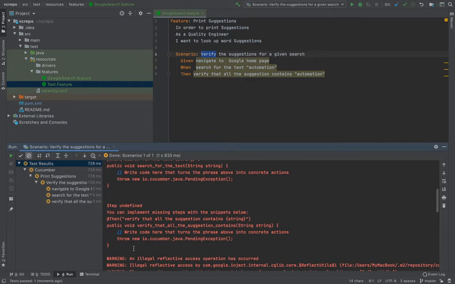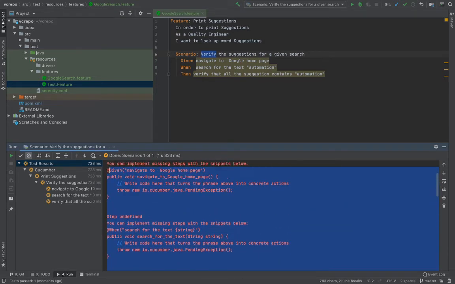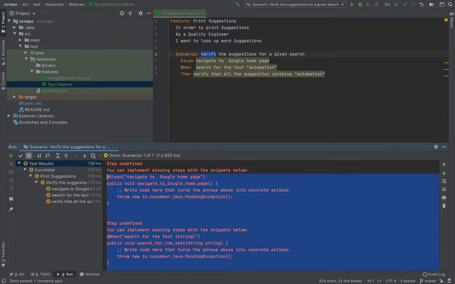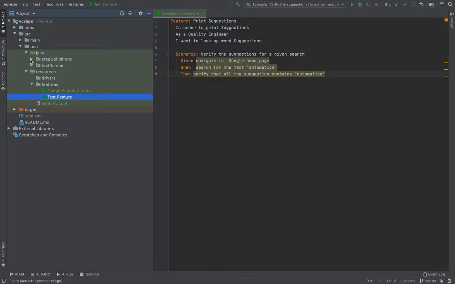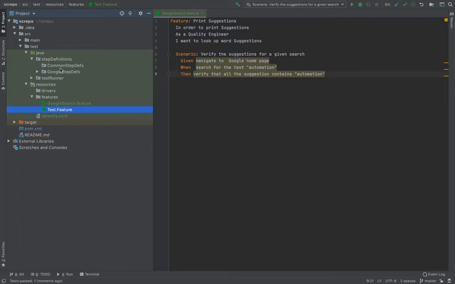The best way is to just copy it from here and go to the step definition folder. As I already mentioned, I have created this folder. Inside it I have created two different directories: one is common step definitions and the second one is Google step definitions.